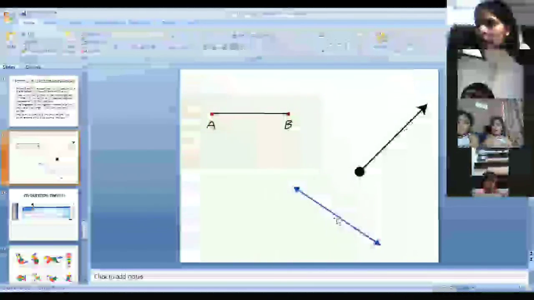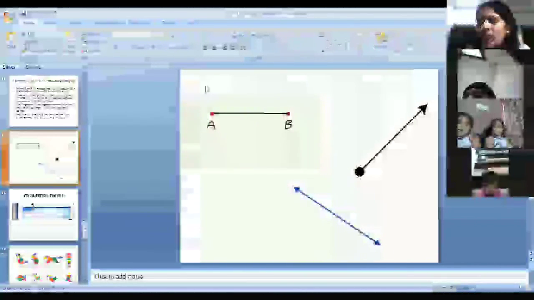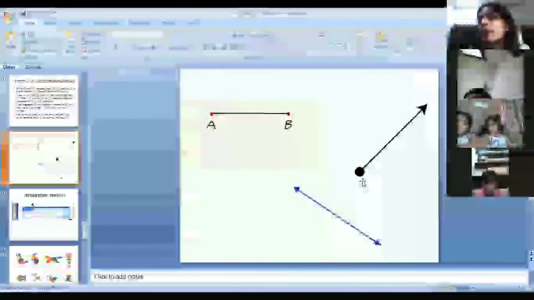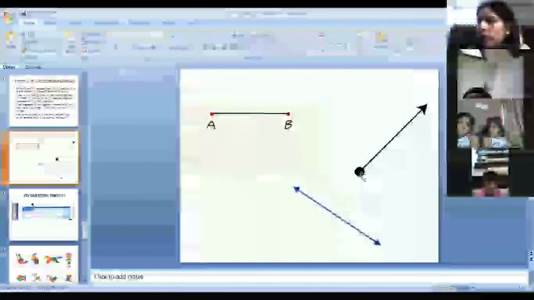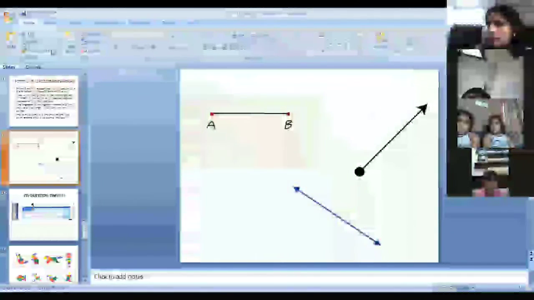It is also a part of a line. What is the difference between a line segment and a ray? A line segment has both points fixed and a definite length,